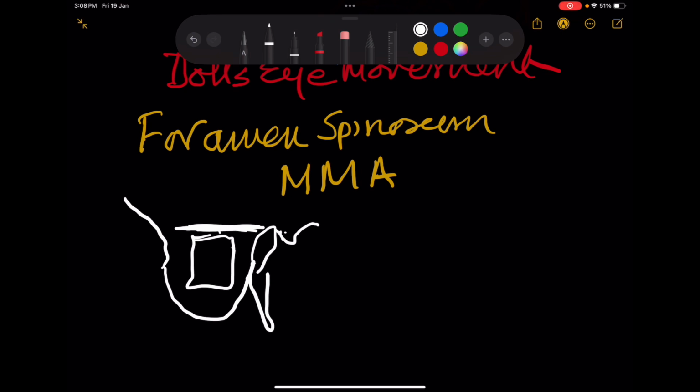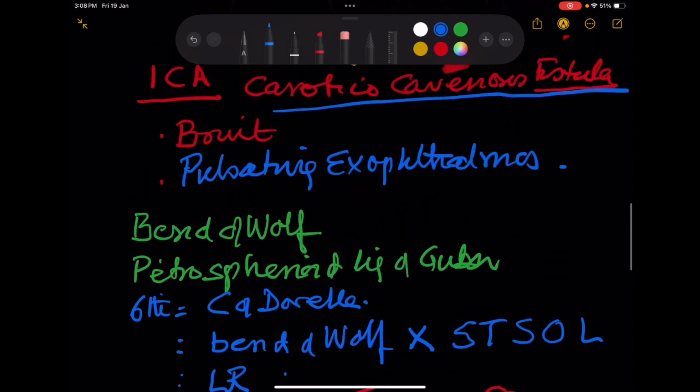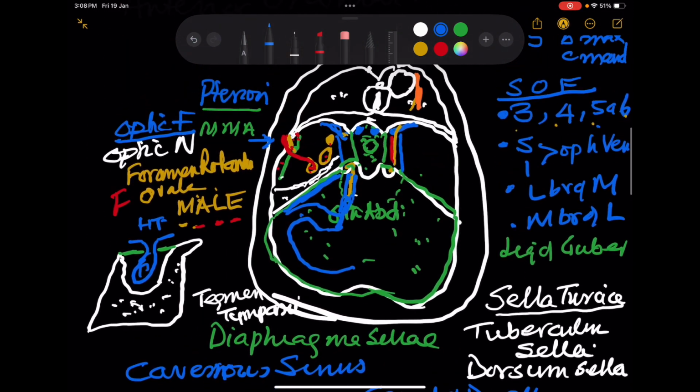So when there is pus collection in the mastoid air cells in chronic suppurative otitis media, then this pus can go through the tegmen tympani and reach the middle cranial fossa and affect the temporal lobe of the brain. So this is the importance of this tegmen